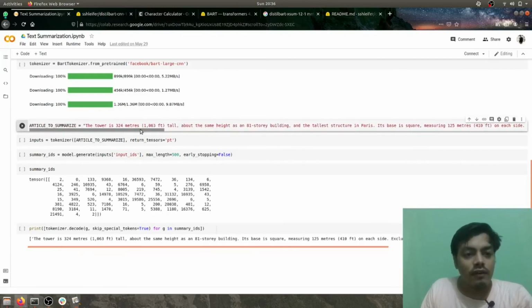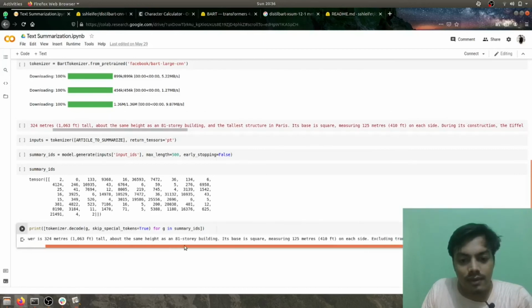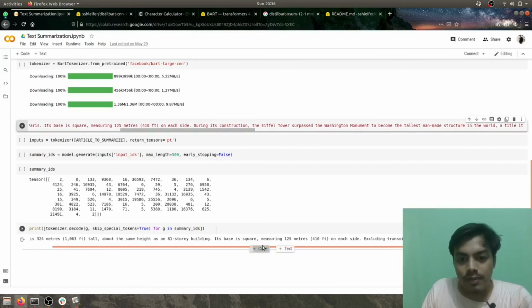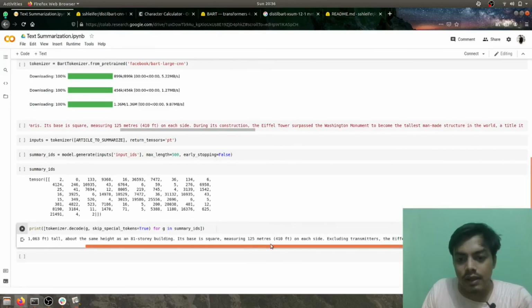The tower is 324 meters, about the same length as an 81-storey building. Here it has taken the similar text. Here it has cut it out entirely. Then the tallest tower in Paris, this entire text is cut. It has taken the base is square, it has picked this entirely on each side.